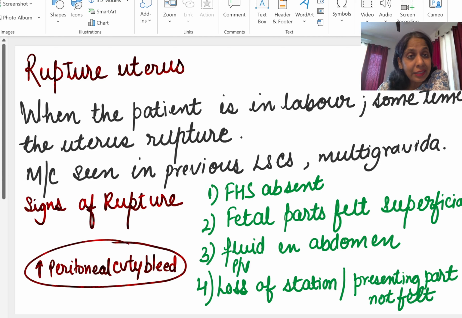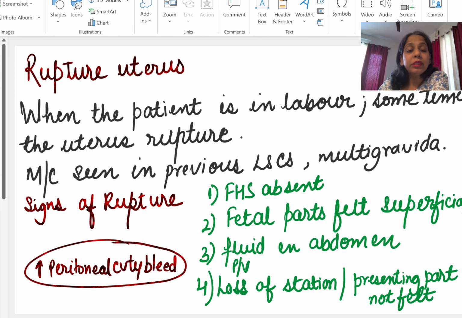Okay, now as I already said, the amniotic fluid will come into the abdominal cavity. So now the fluid will be in the abdomen. Okay, and the ruptured uterus bleeds a lot from the site of rupture. So there will be a lot of blood, there will be a lot of amniotic fluid in the abdomen. So when we do ultrasound, or when we feel the fetus, we will also feel the fluid in the abdomen along with the fetus, as we feel in ascites.